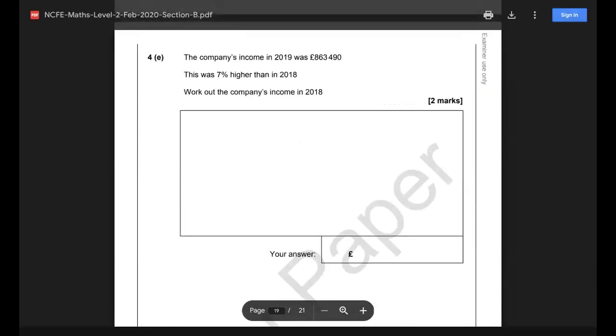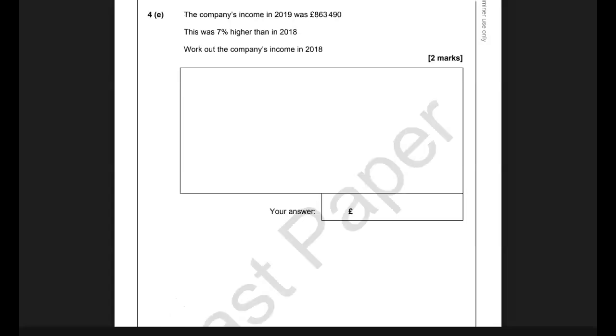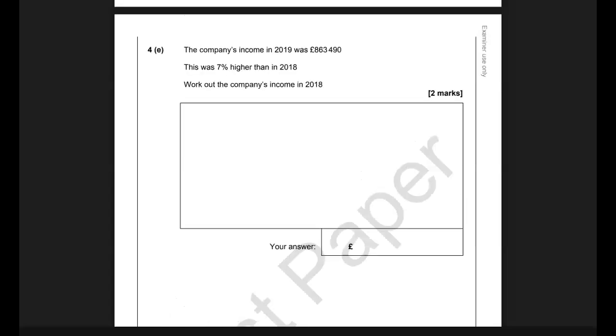You see, 7% higher. So this is the final one. When you say higher, it's also an increase. So just go 1.07. So it's 863,490 times 1.07. 863,490 times 1.07. So that's going to give you